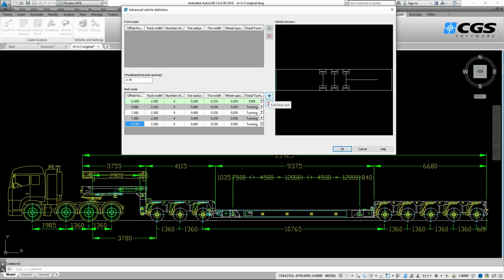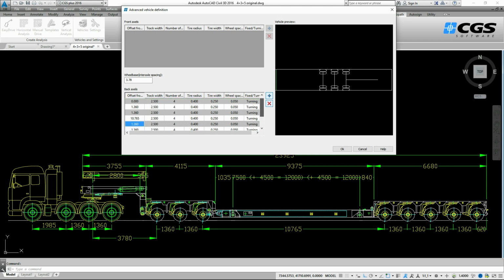And then we have 5 more axes at the back, so with the same parameters, 1.36. So 1 2 3 4 5, 6 7 8. Okay,